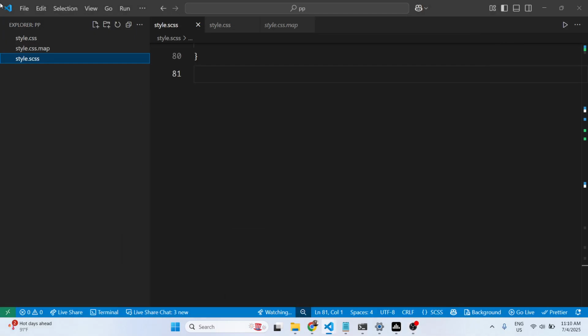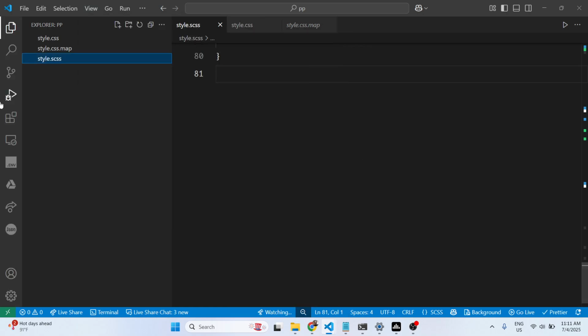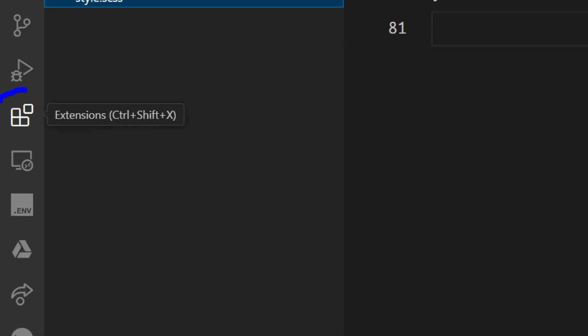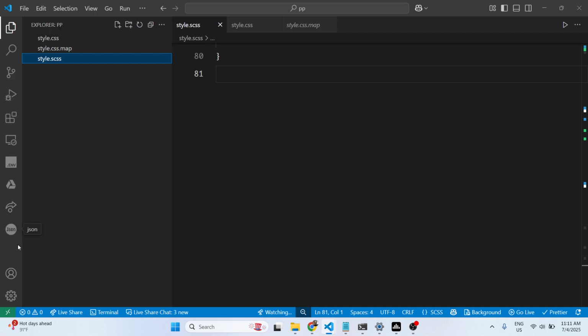So in this video I will show you how to disable or enable the extensions widget, which basically appears right at the activity bar section, which is on the left hand side position. So this is your extensions tab. If you just want to disable this, if you don't want this to appear right here, there are